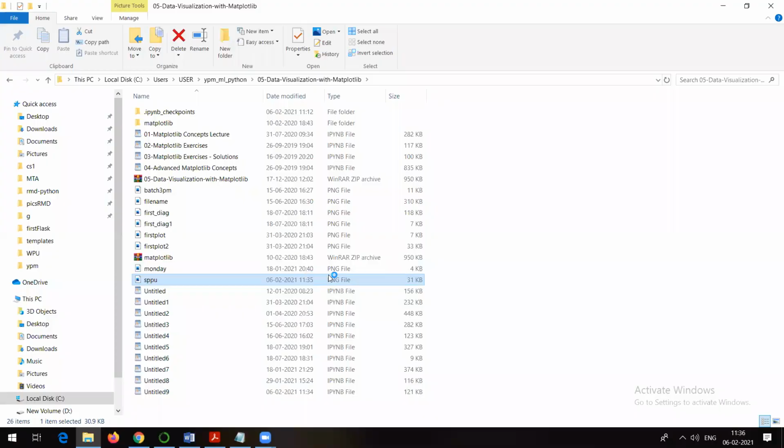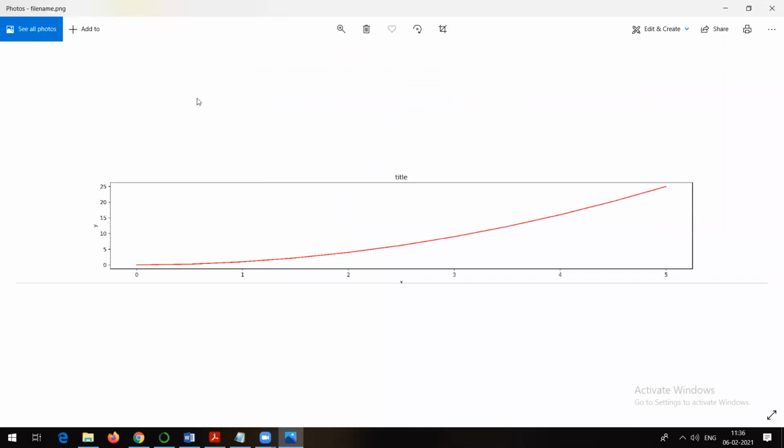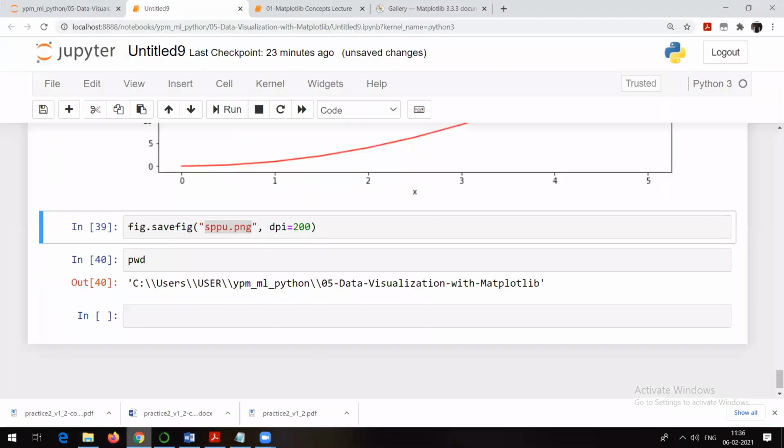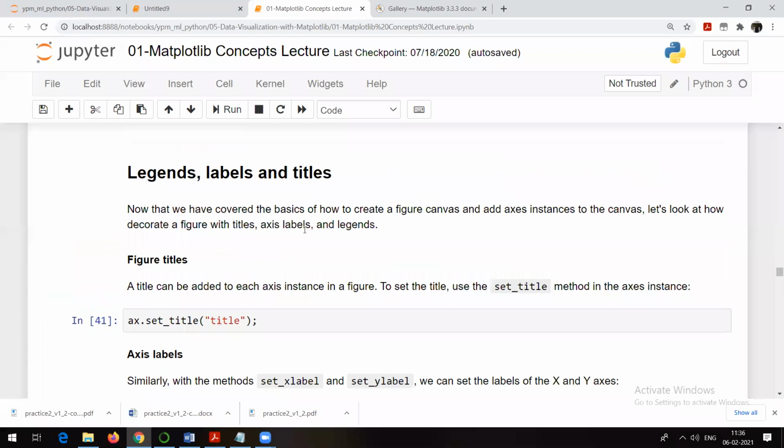So yes, this is how you can save the graph in image format, for example. Yes, it should open. Now see, this is the plot which we have. Right. So this is the image actually which is available here. Yes, this is how you can save with the help of this particular command, save figure. Again, it's optional. If you want to save it in some cases, definitely you can go and you can save.